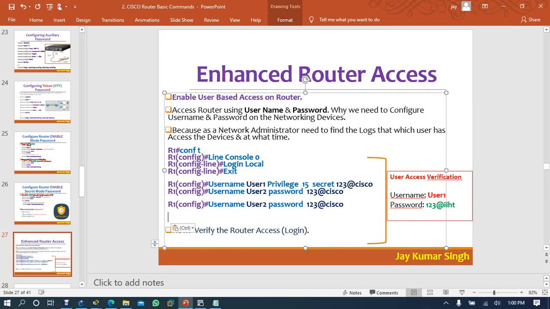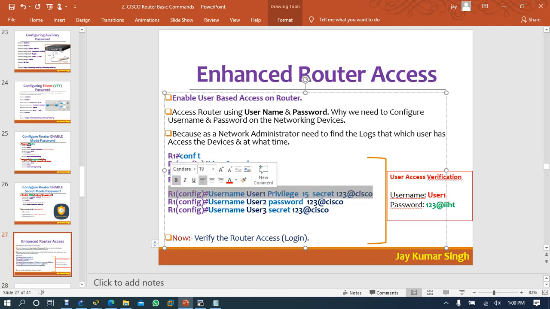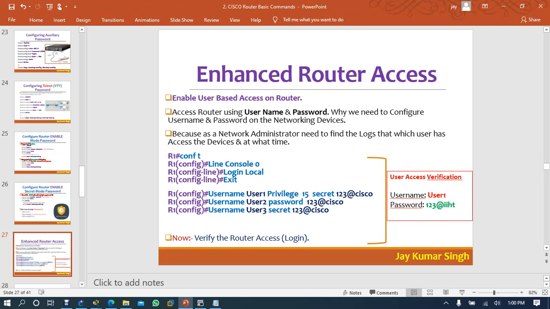Privilege. So here instead of this password you can write here, add in the users. Now what is the difference between this password and this password? See, this first command is with the privilege, that you have high privilege, you have privilege 15, you have privilege 14. So when you learn security, you will learn that in privilege 1 what power you have, in privilege 2 what power you have.